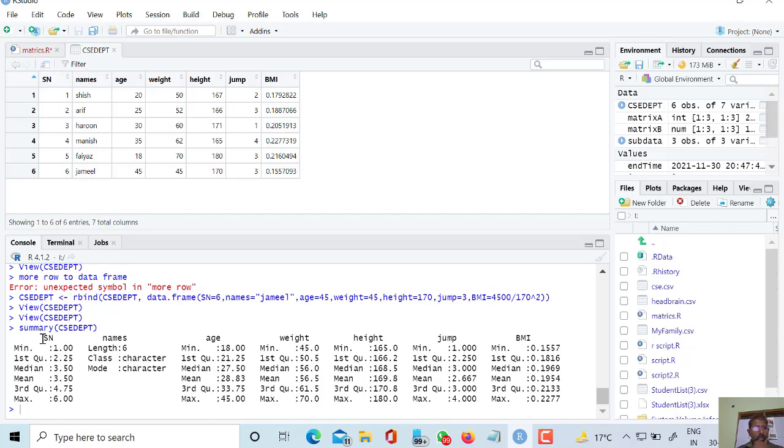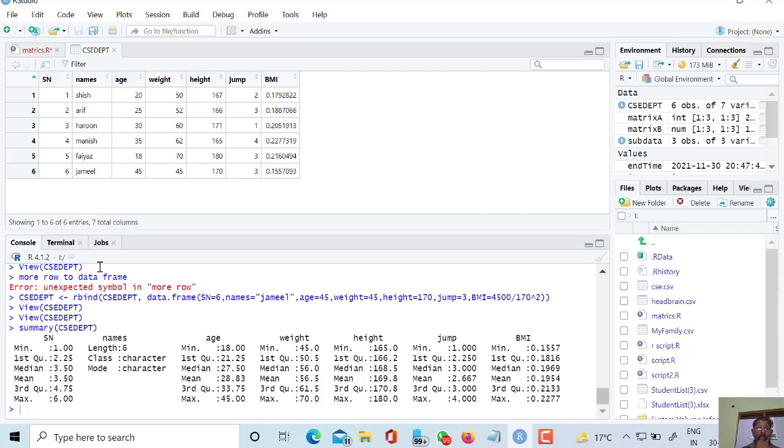So here for serial number, minimum value is 1, maximum value is 6, mean is 3.5, median is 3.5, first quartile 2.25, third quartile is 4.75. Name is a character, its class is character, and mode is character. So length is 6.